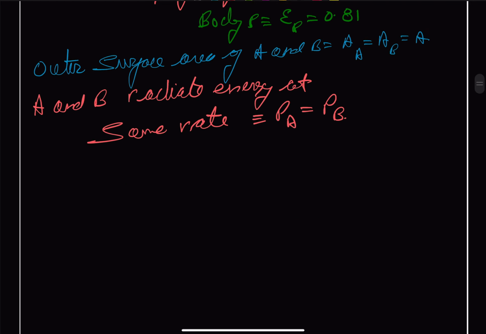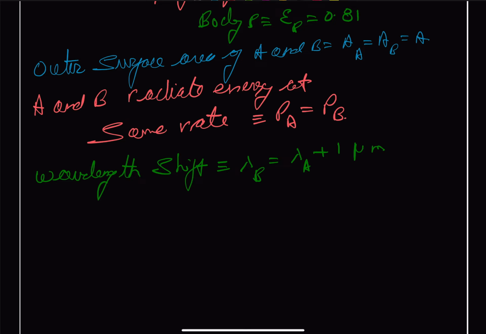So for the wavelength of B, lambda B is equal to lambda A plus 1 micrometer,